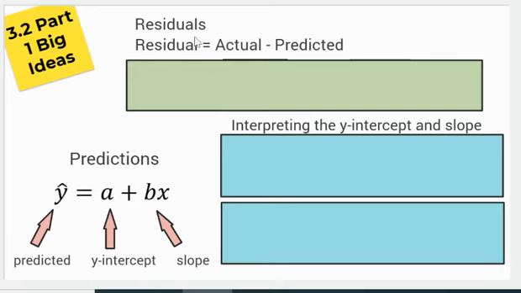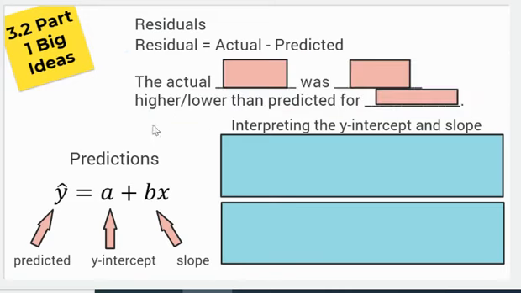We're also going to be asked to interpret or explain what the residual means. And you should use this model. It should be: the actual blank was blank higher or lower than the predicted for blank. So what are these blanks here? Well, it starts off as the actual y value in context. You want to put all of this in context. So the actual y value was